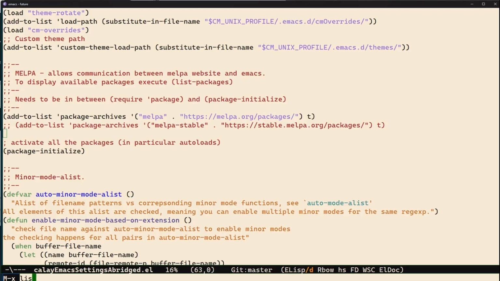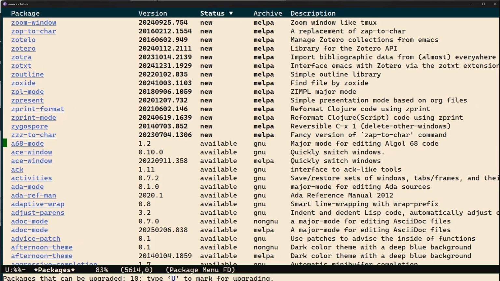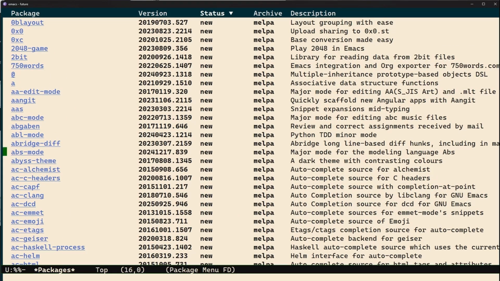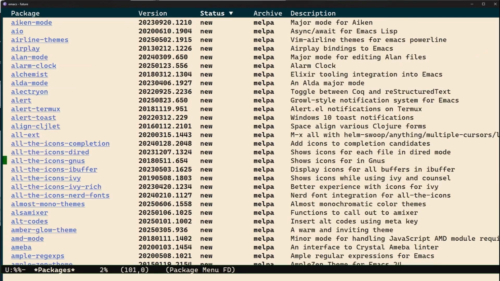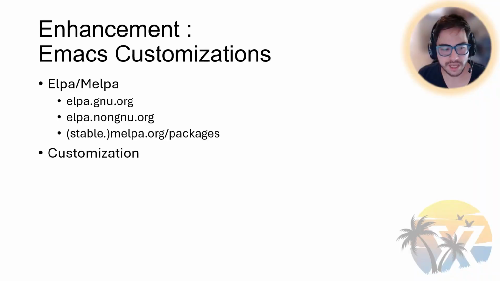And if I list my packages again, you now get a lot more options to choose from. So next we have customization. What I mean by that is the Emacs command meta-x customize. This can allow you to modify session variables, save them into your Emacs through a pretty good interface